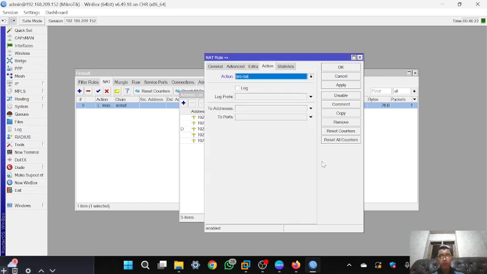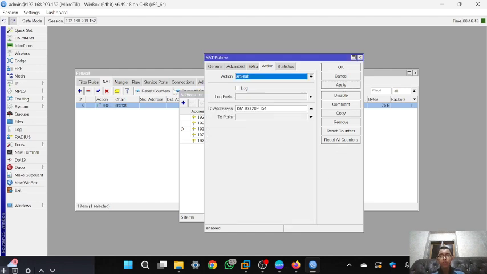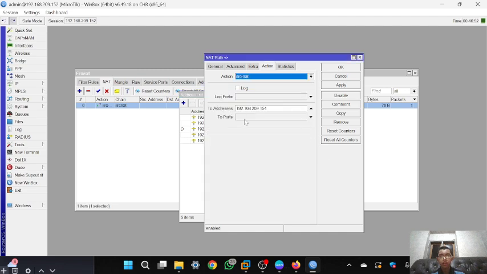So if I fill it with this IP and click apply, the public IP that we will use to connect to the internet is this IP, not this and not this. So the SRC-NAT only uses this public IP to connect to the internet.